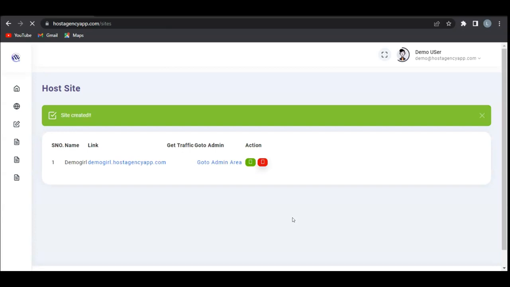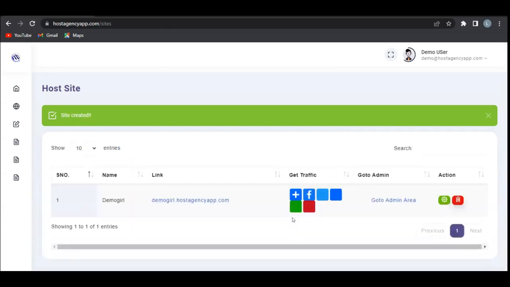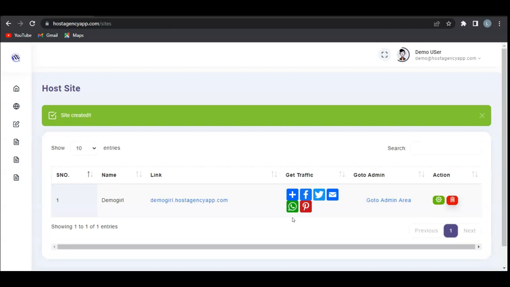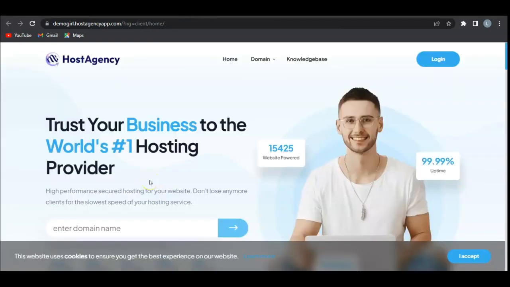And as you can see, in less than 2 minutes, we have created a site, demogirl.hostagencyapp.com, using the HostAgency app. So over here, this shows you the website's name, the link. Let's click on the link and see what it looks like. And voila, we have been able to create our own domain hosting site in less than 2 minutes using the